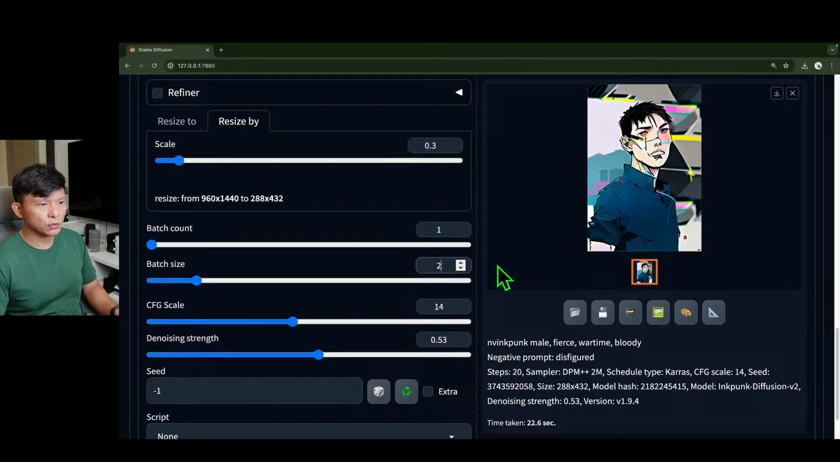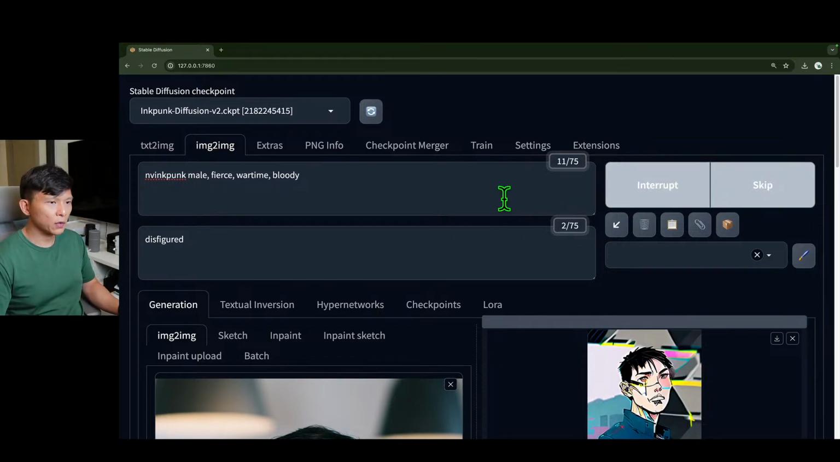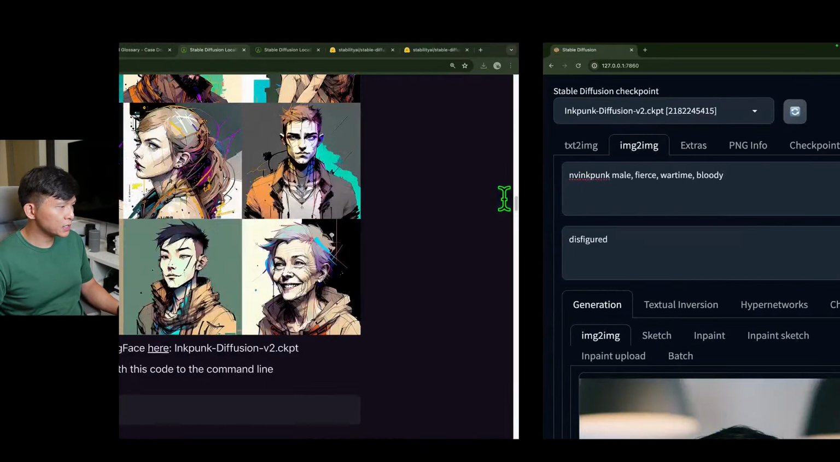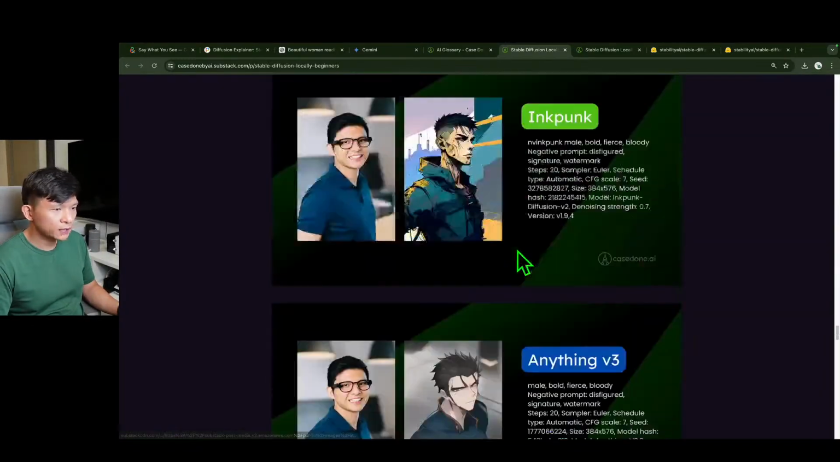So I'm going to show you the effects of the batch size. If I increase it to 2, when I click generate, I'm going to get 2 images. So here we go. I kick off the computation, and that gives me time to give you more information about